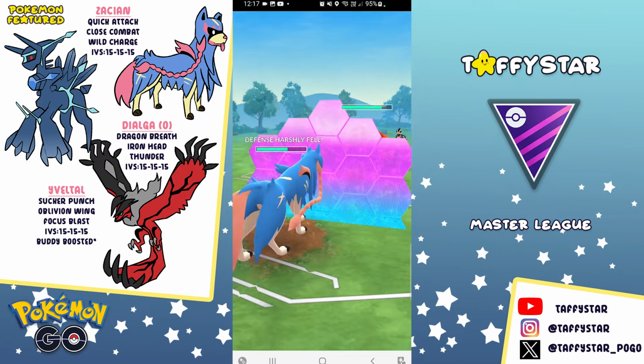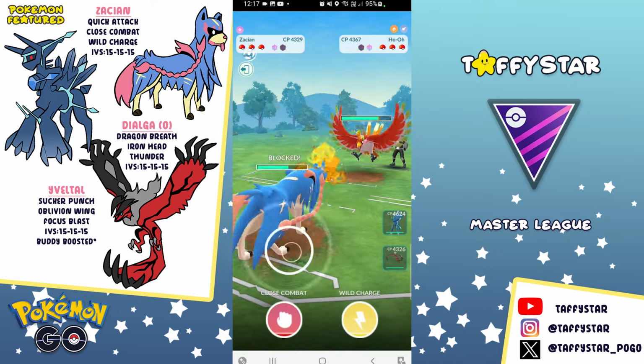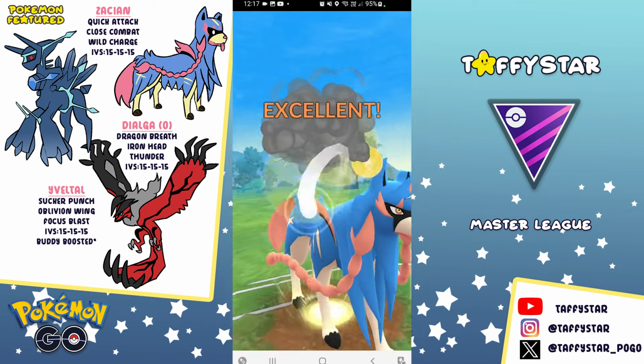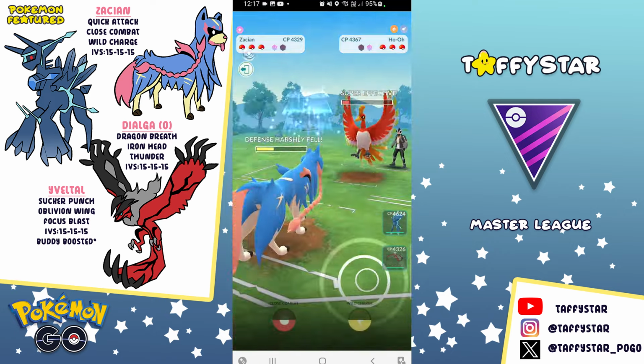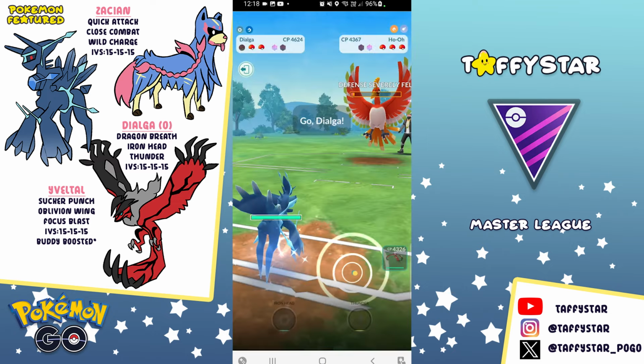This time we go for a Wild Charge, and they actually go ahead and shield it. Now we are going to return that shield for the Sacred Fire because we kind of have to land a Wild Charge. The backline is a little bit weak to Ho-Oh. We land a Wild Charge. Okay, we can let Zacian go now, and I think he's going to have to bring in Dialga here to